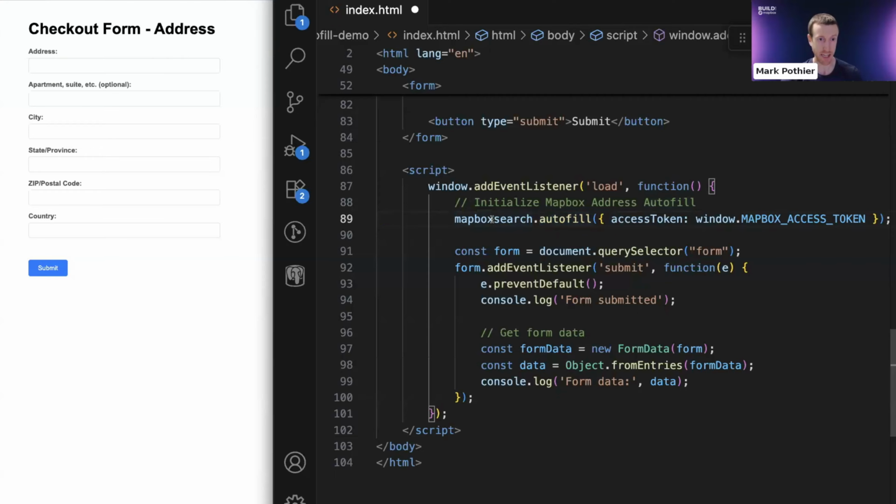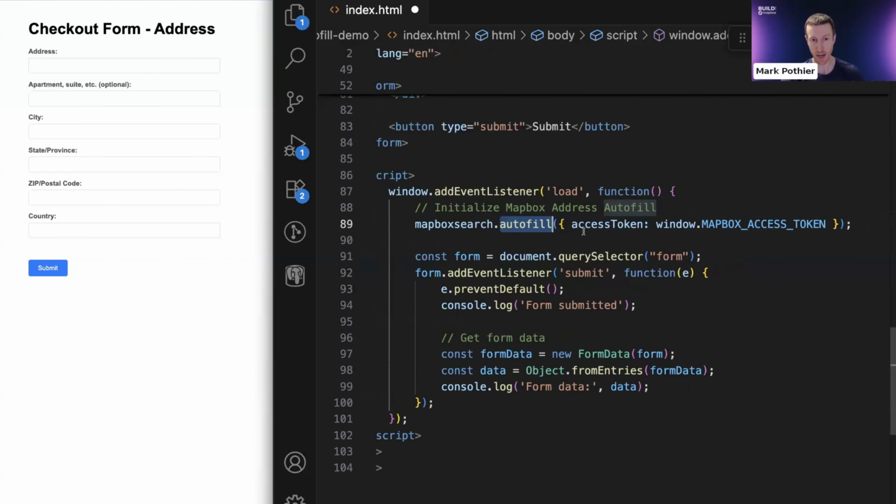So I'm taking this Mapbox Search namespace, calling the autofill function, and at a minimum, you need to pass in this access token from your Mapbox account in order to authenticate. Now, when we call this autofill function,